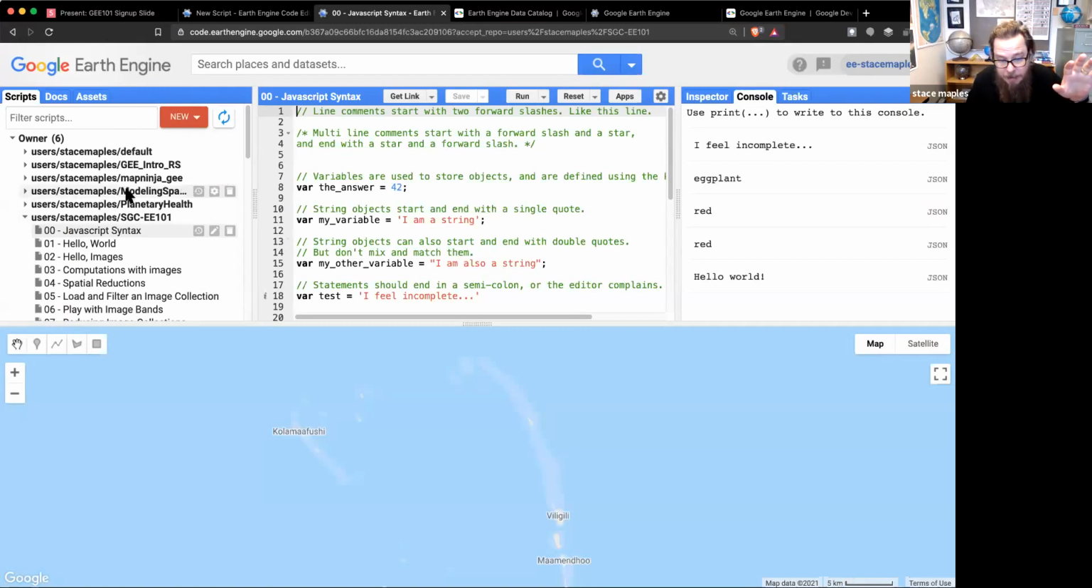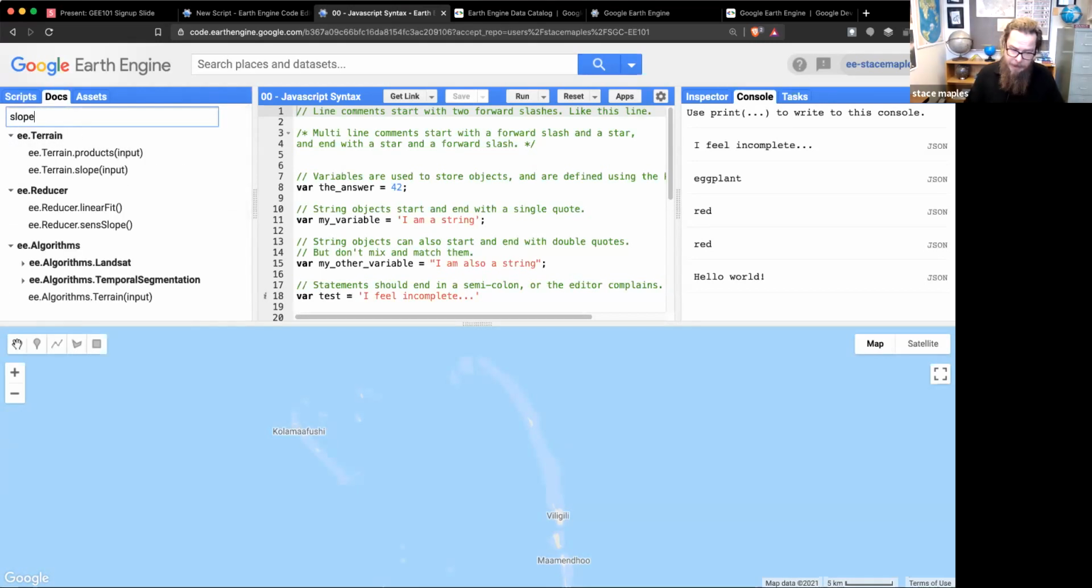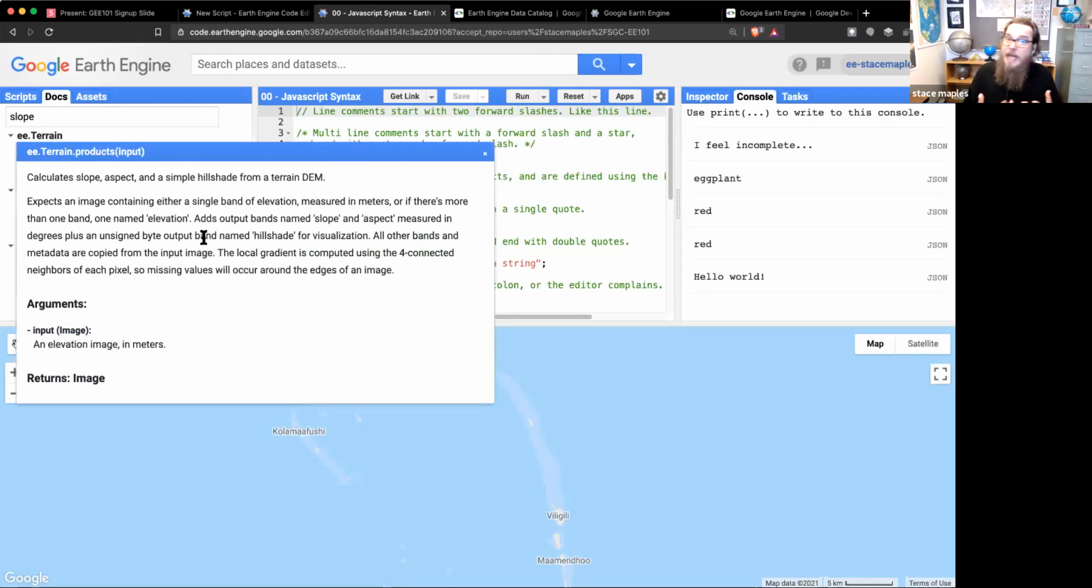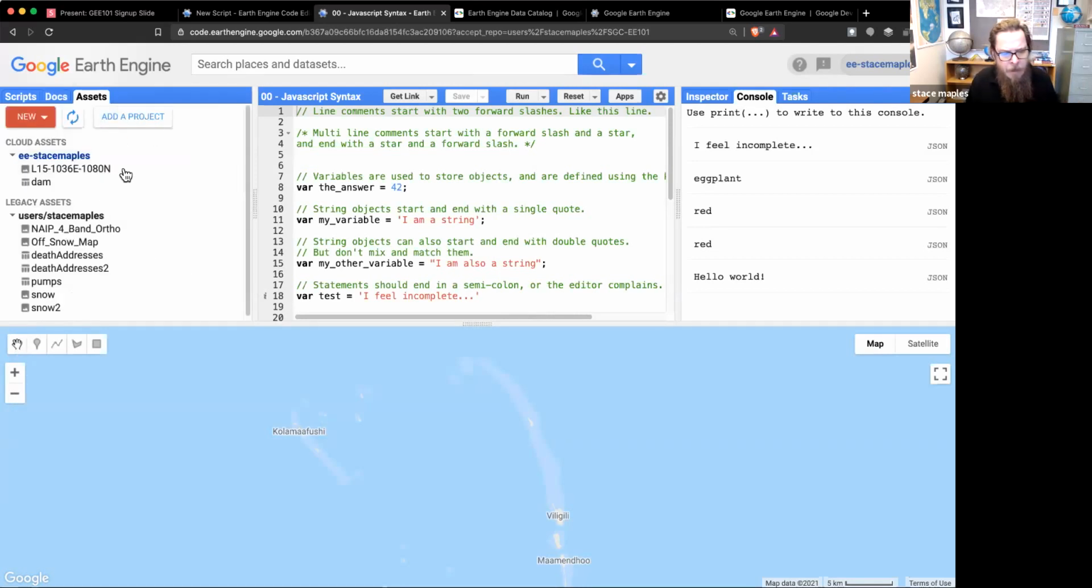So this is your script repository. Scripts that you've imported from other people will show up here. Scripts that you've saved will show up here. And then here you have the docs, so you can begin searching for things. If you're interested in calculating the slope on an elevation data set, you can type in slope, and you can begin to examine the algorithms that are built into Google Earth Engine that allow you to calculate slope from an elevation data set. Your assets are all of your data sets that you've uploaded